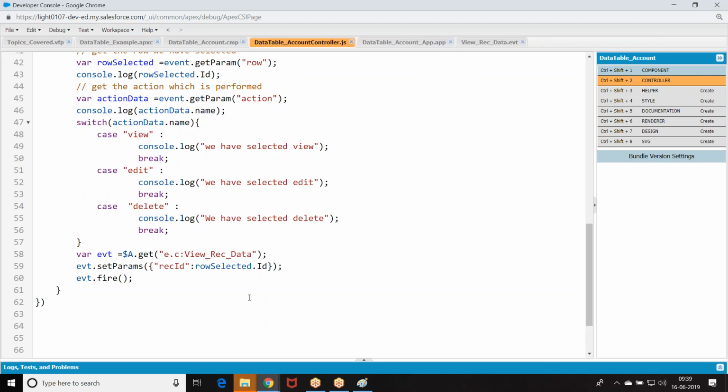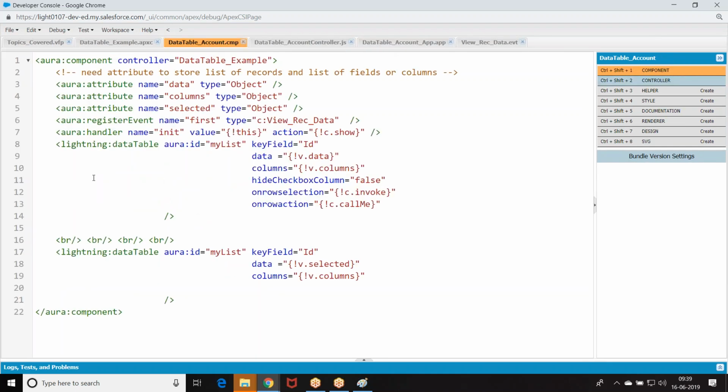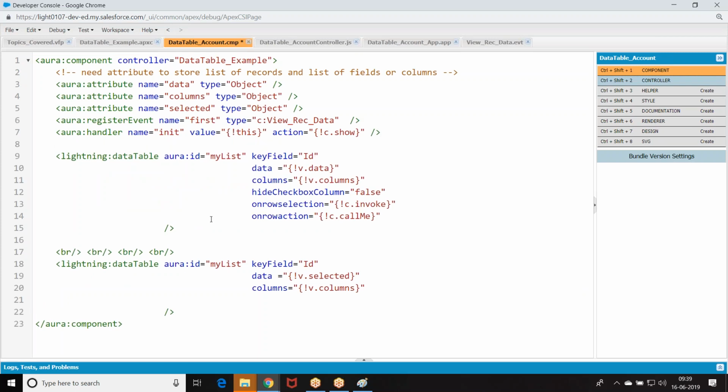Fire the event. Now, whichever row I have selected, get the record, fire the event. Whichever record I have fetched, get the record ID, fire the event. So after firing the event, what I want to do here in this case, I'll just put this in the comments. We just don't want to display this data anymore. Then I can go with